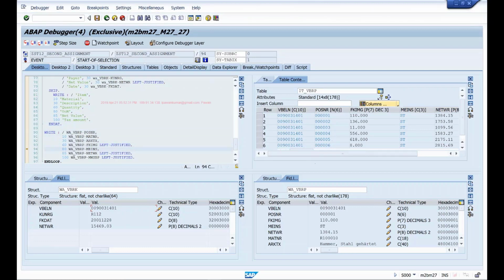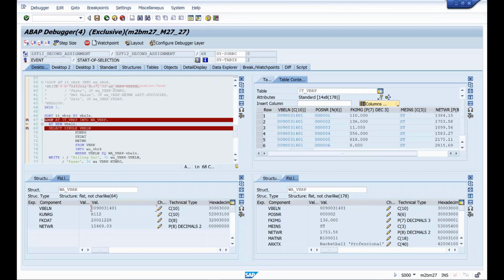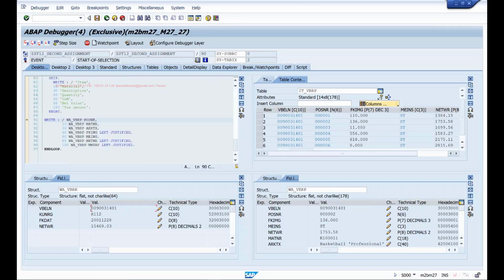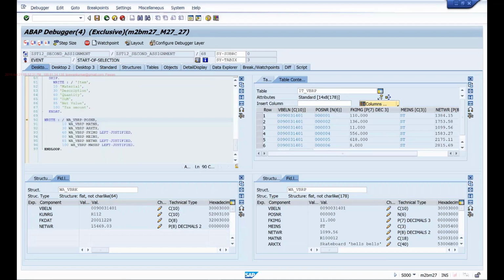And this 401 document also has multiple items. So in the second loop, it is processing the same document but item number 2. Since the document number is the same, this at new will not be triggered. So it will skip that whole block and simply print the item details. Okay, so now you understand why we need these control break statements, so that I can restrict my code within the loop only once per document. Okay, so like that it will process.